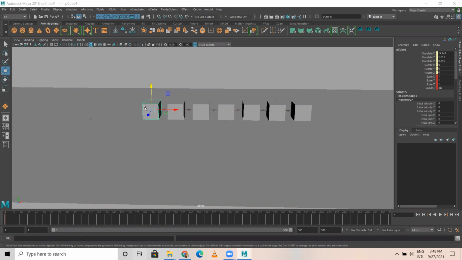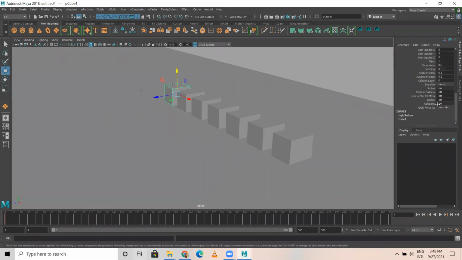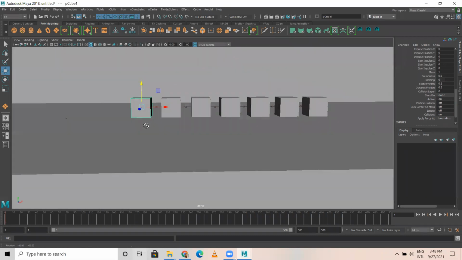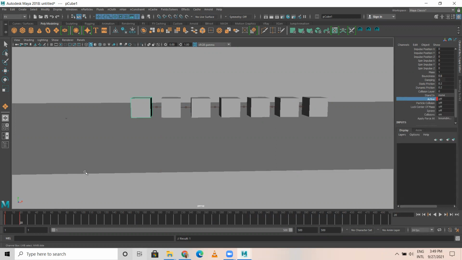This on off you can do, active passive. Anyhow I've selected this. You can see active is on here. Where is active? It's here. Okay, now let's say I make this as off, right click, key selected. In frame 1, I made this off. In frame 20, active is key selected off.